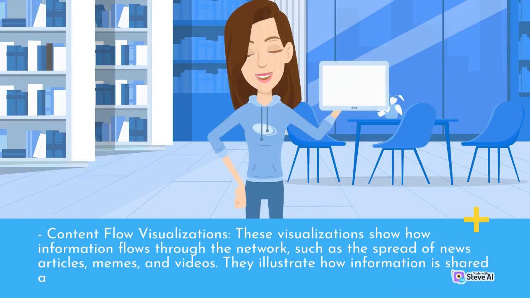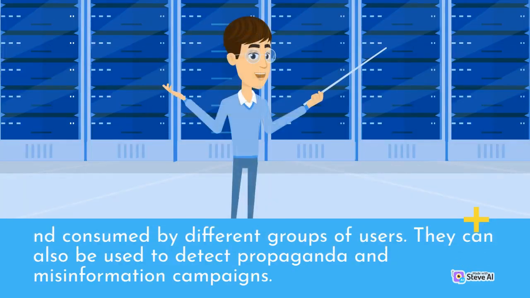Content flow visualizations. These visualizations show how information flows through the network, such as the spread of news articles, memes, and videos. They illustrate how information is shared and consumed by different groups of users. They can also be used to detect propaganda and